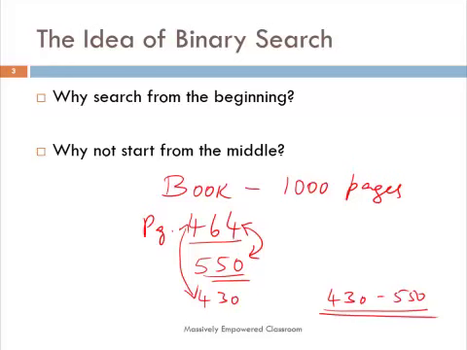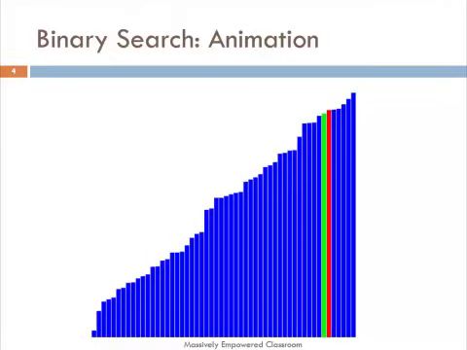We don't search the array sequentially from beginning till the end. Instead, we jump to some middle element, compare that element to the key element, and decide whether I need to go to the right or left. Keep doing that. Keep jumping to the middle and looking for the particular element, deciding which way to go, left or right, and eventually we will get to the key element that we were looking for if it is present. Now this algorithm, as we will see, is much more efficient than sequential search. Let us begin by looking at an animation that shows how binary search works.